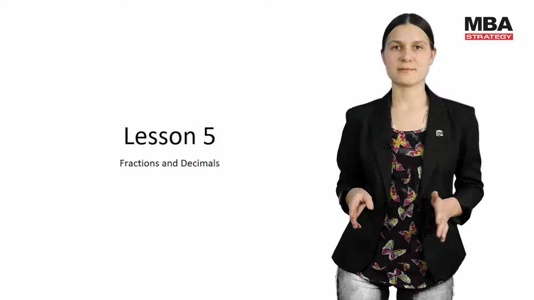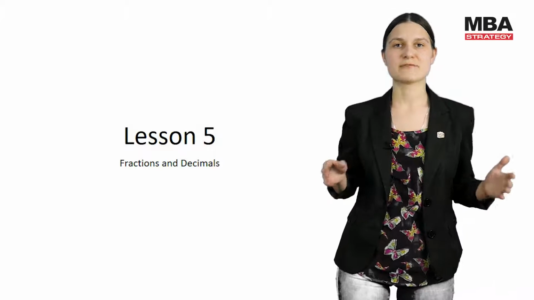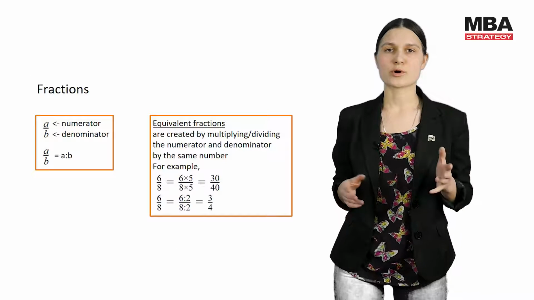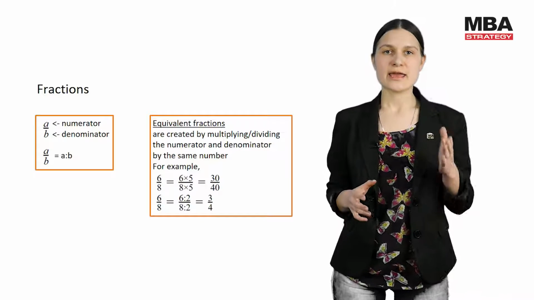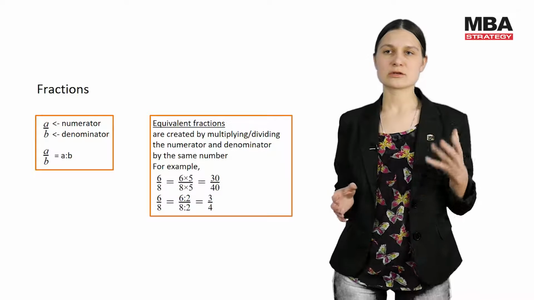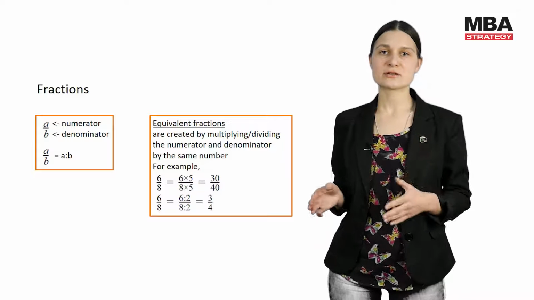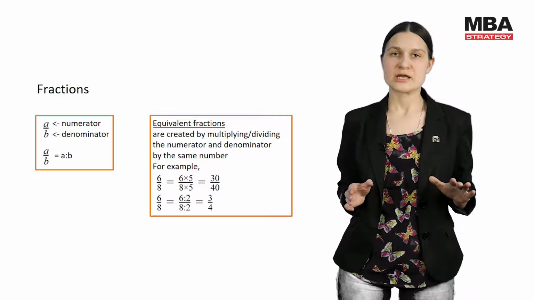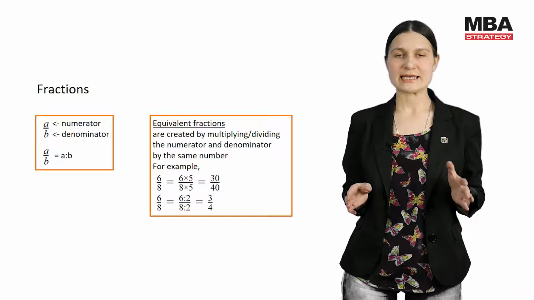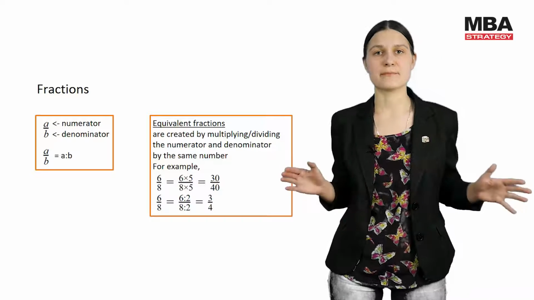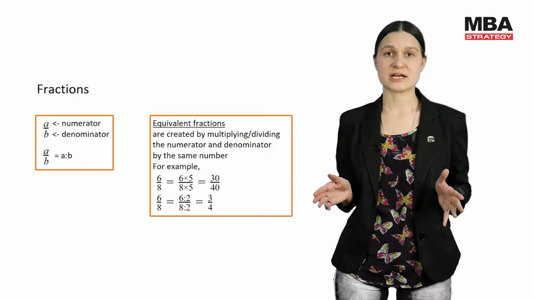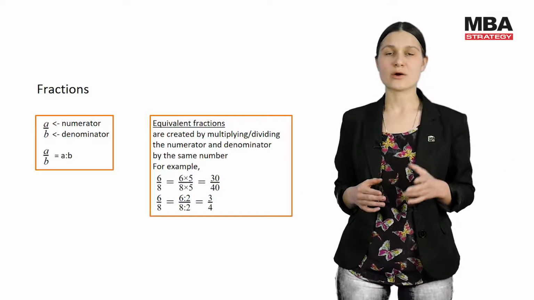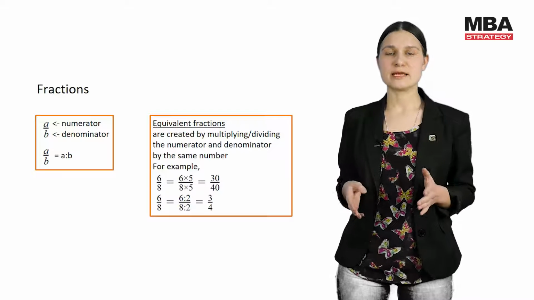Previously, we've talked a lot about integers, and now it's finally time to have a short look at fractions and decimals. Fraction a over b is basically a division a by b. A is called numerator and b is called denominator. So the important note is about equivalent fractions, which means that the same number can be represented as an infinite number of different fractions. So equivalent fractions are created when you multiply or divide numerator and denominator by the same